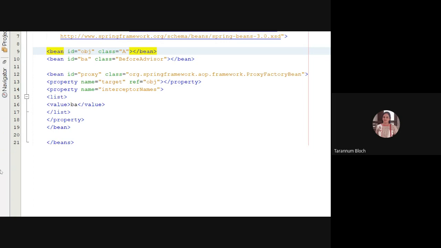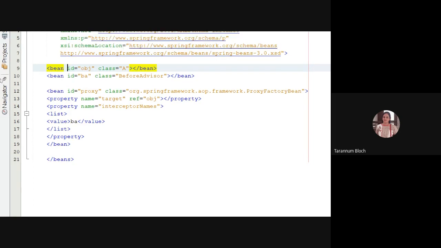This OBJ bean, I created bean ID OBJ, which is talking about class A. As well, I have another class which is talking about before advice.